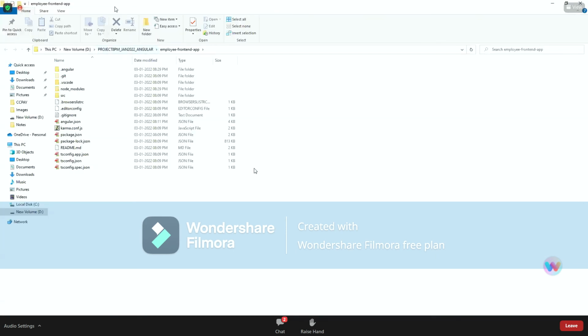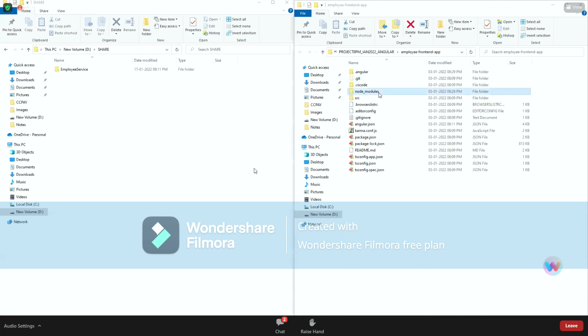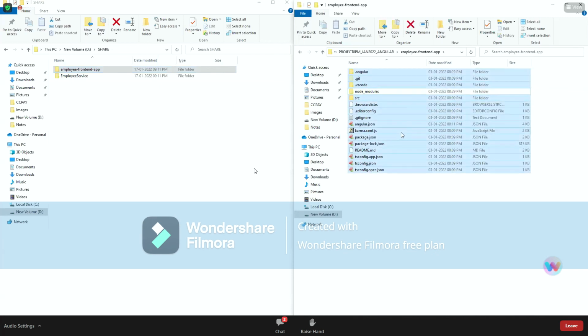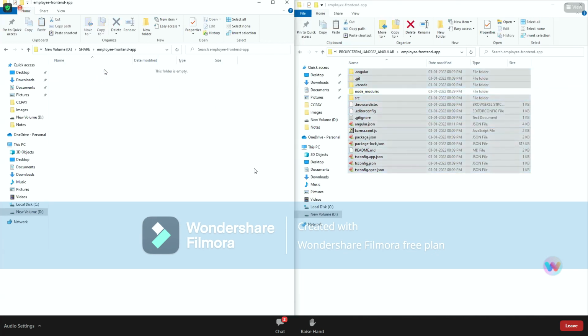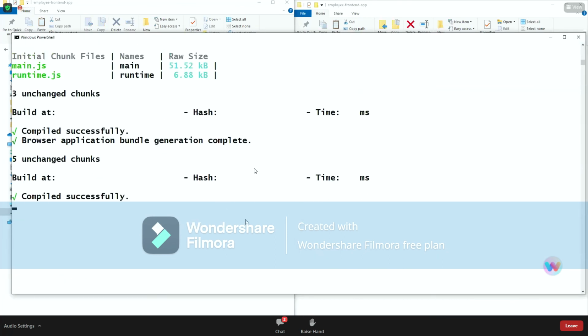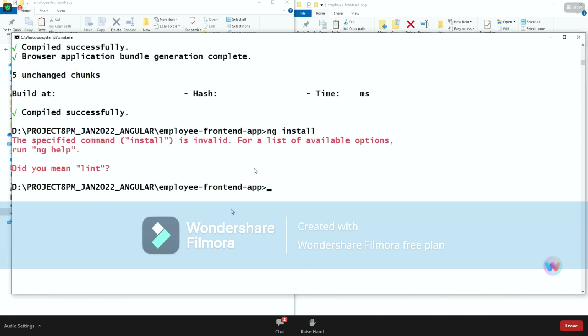In the front-end application, I'll be sharing the code without node modules. Look at that, without this. This is an employee front-end app. What you have to do after opening this application in the command line: okay, ng install. Listen, ng install. You have to press enter. It will download and install here.